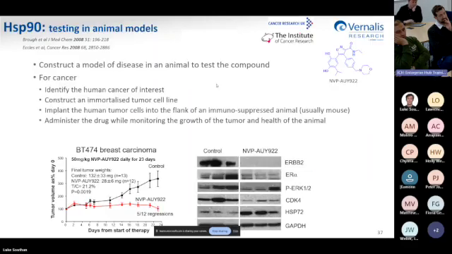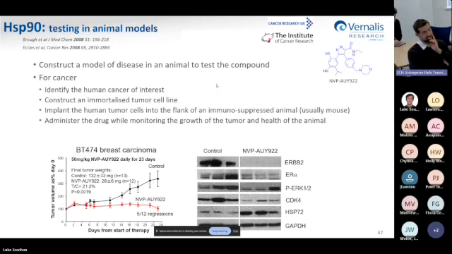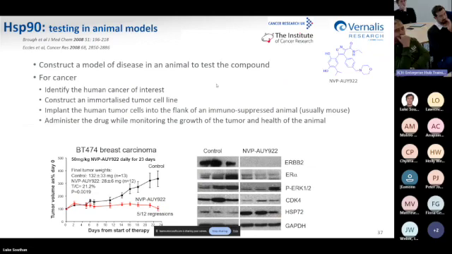So in animal models, you then put that compound into animal models and see what happens. And hopefully the animal model is a good reflection of the human, because that's what we want to be treating, but you've got to start somewhere. Obviously starting with cell culture is absolutely the first place to start. So this is a xenograft on a mouse, and you can see the NVP AUI922 was the preclinical candidate, having a really nice effect on the xenograft size and the biomarkers,